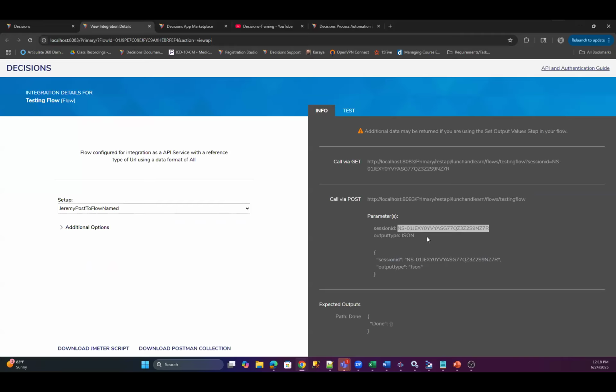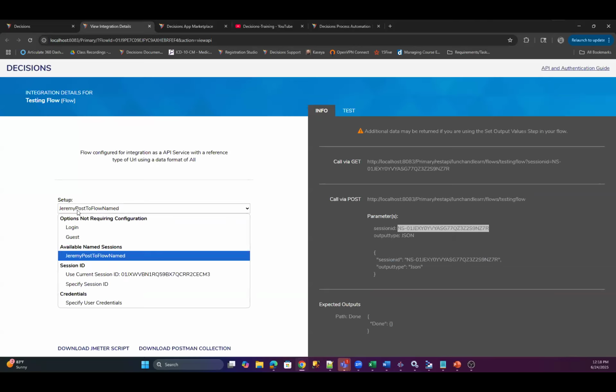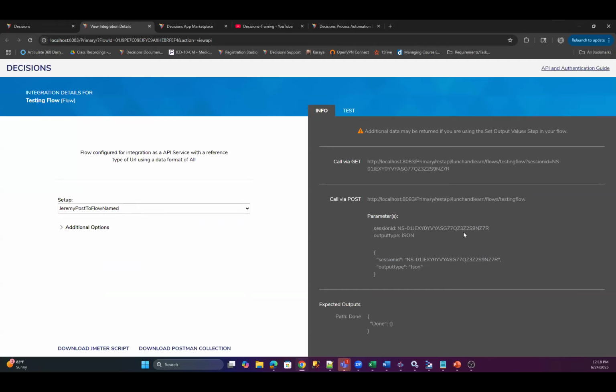It creates this session ID that is the main thing that is actually getting exposed and sent through, instead of the direct account. It's not necessarily that I connected to an account in Decisions, and that account generates the session ID, and that is what's getting exposed through the connection, as opposed to the actual account information in